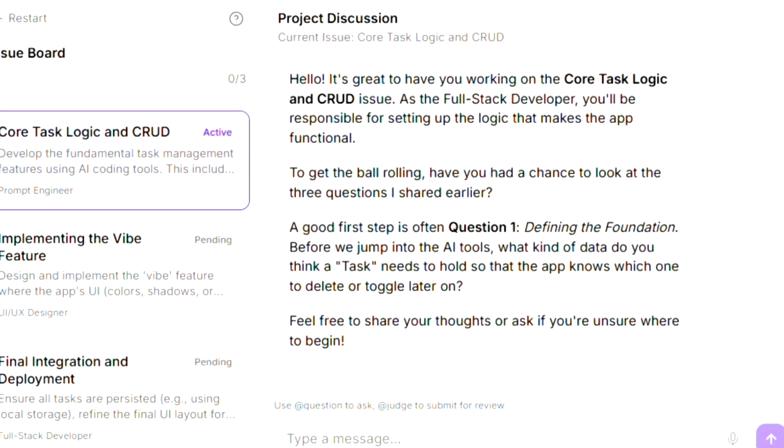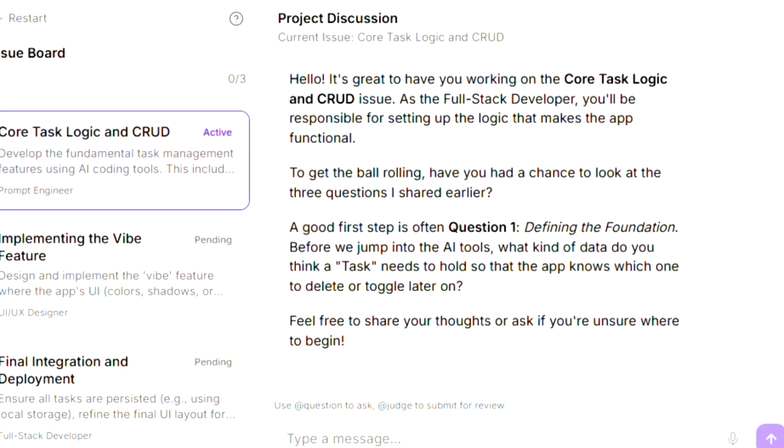Now that we've shifted our mindset from debugging to creating, as we just covered on the previous page, it's time to put those principles into practice. We are going to build your very first Vibe app, Personal Task AI Manager. Our goal is to use a tool like Bolt or Cursor to create a functional app where tasks don't just sit on a list. They actually change the app's vibe and colors based on their urgency.